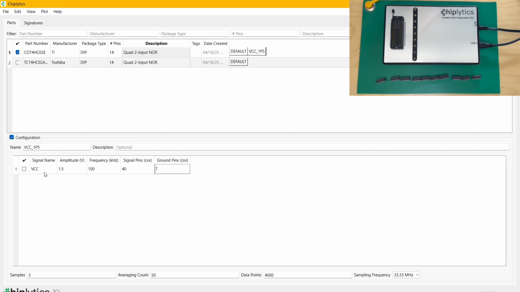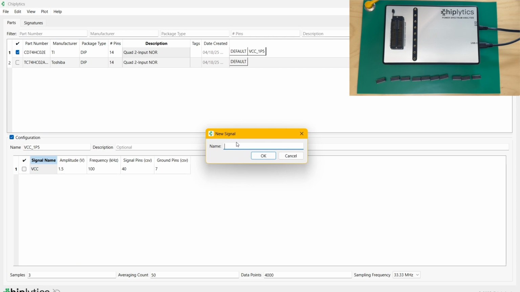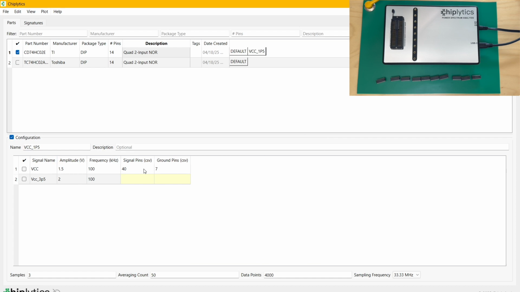Additionally, for any of these test configurations, and I'll show it with this particular test configuration, you can actually apply multiple signals in a single test. Now these are going to be applied sequentially, so let me first set one up and then I can explain what exactly is going to happen. So I can right click on this pre-existing signal and I can create a new signal. We'll call this one VCC3P5 for a 3.5 volt signal applied on the VCC pin. So at this point, I'm going to set the amplitude of that signal to be 3.5 volts. I'll keep the excitation frequency the same in this case, and the pins are going to be the same because 40 of the ZIF socket is the VCC pin on the CD74HC02E chip, and I'll leave everything else about this